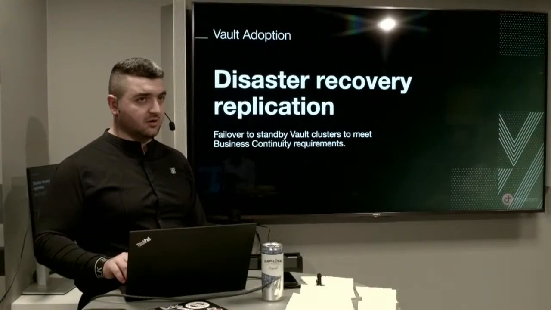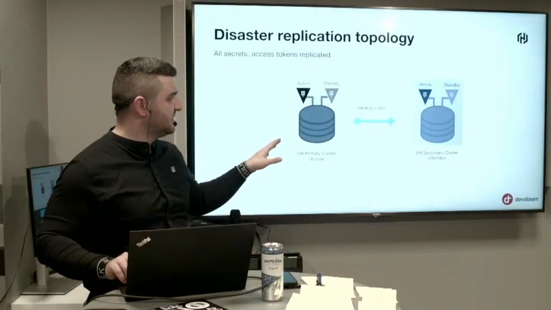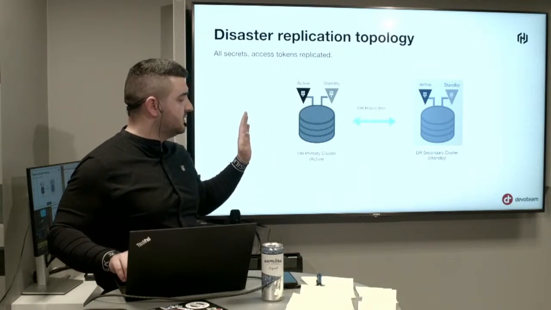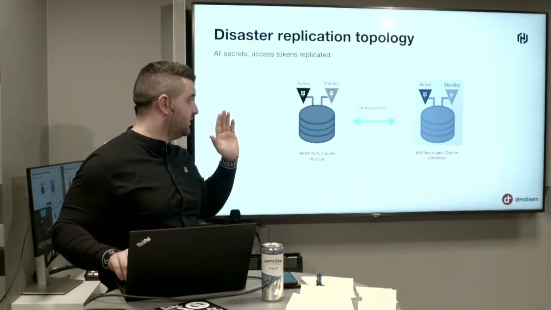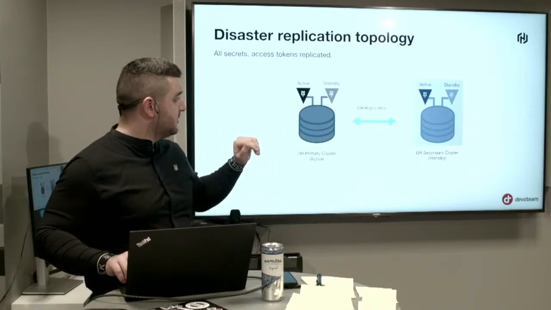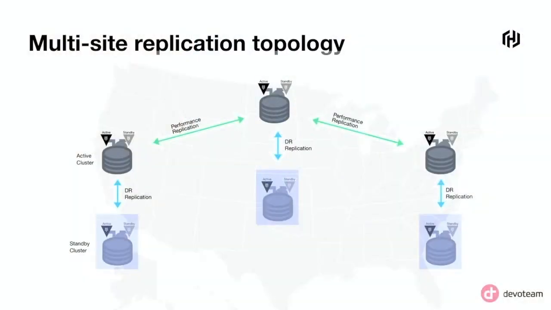Good. Disaster recovery. Because replication will never replicate the tokens, that's where disaster recovery is really good. So when you have a Vault cluster, then you probably want to have a disaster recovery replication where you share your access and tokens. When you go to a very large organization, this is a typical way of doing a really good Vault deployment. Then you have different region deployments of Vault clusters with disaster recovery replication. Again, this is a very complex deployment.